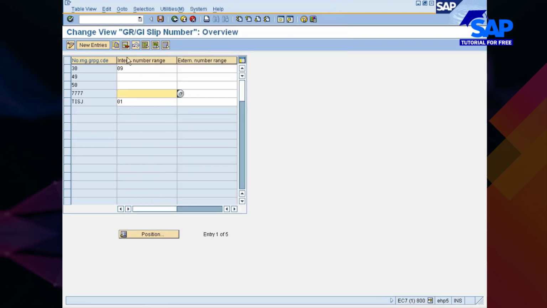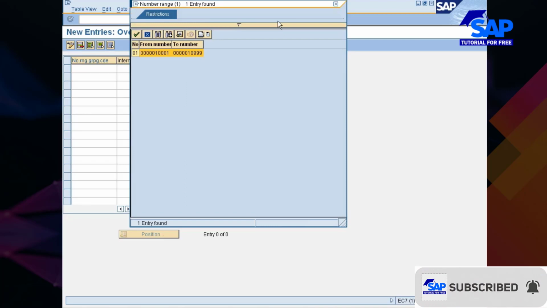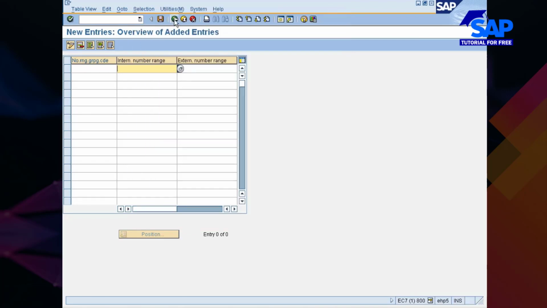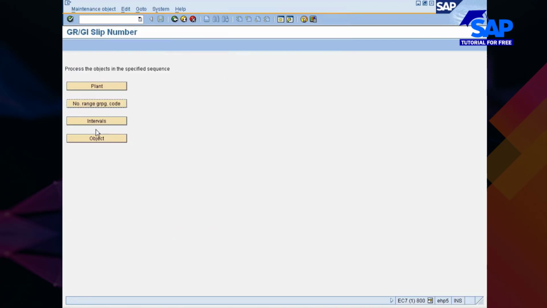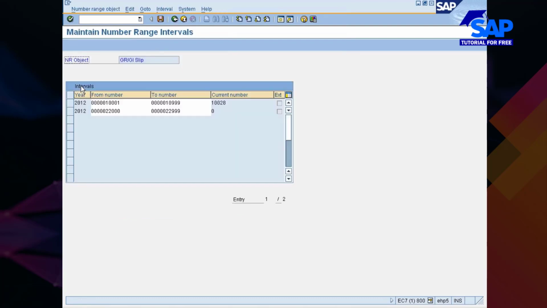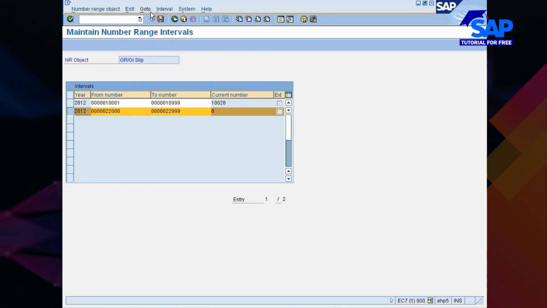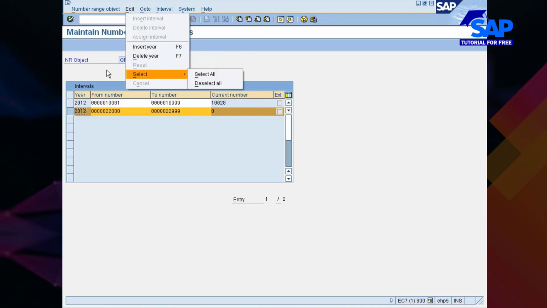Okay, if you want to create your own new things, okay, new, interval I have not created. Let me just go and pick it up. Change intervals. Interval is already there. Number range object. Insert here, this is already there.